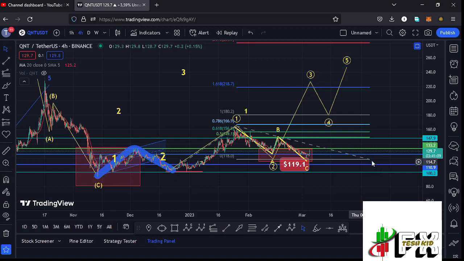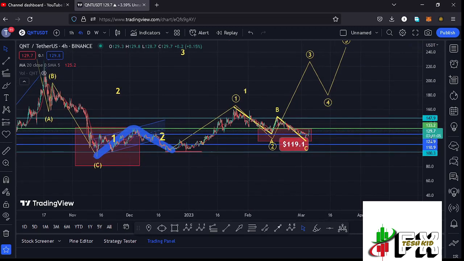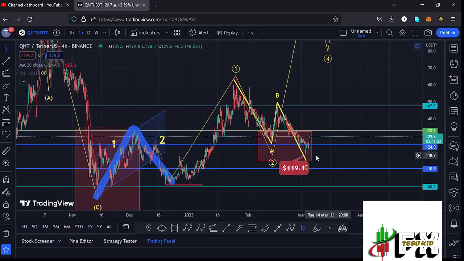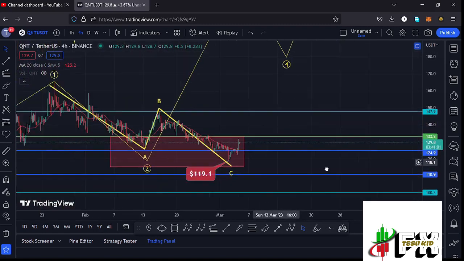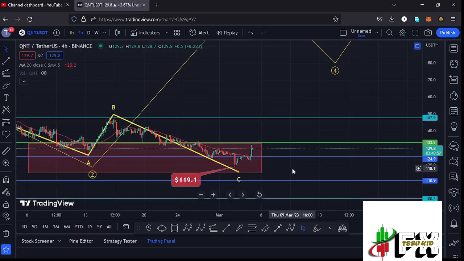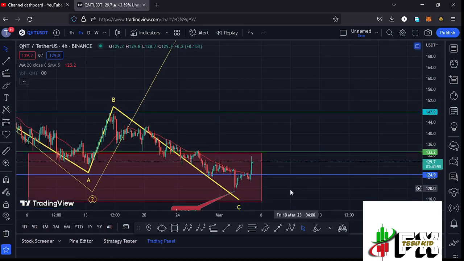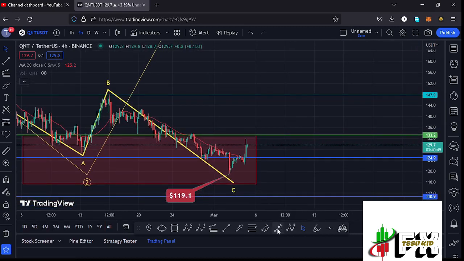And for that move to also play out, there are key scenarios that we need to continue watching over here. The first one is that we need to continue holding above the 20-day MA here on the 4-hour chart, and once you continue holding above it and also above our key area of support at around the $124.9 mark, then we have enough support for us to continue gearing up, get to our next key area of resistance at